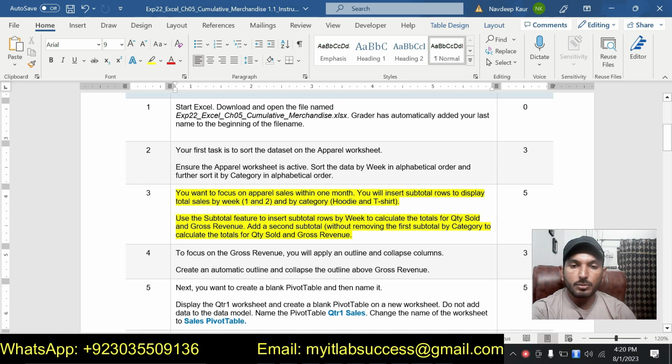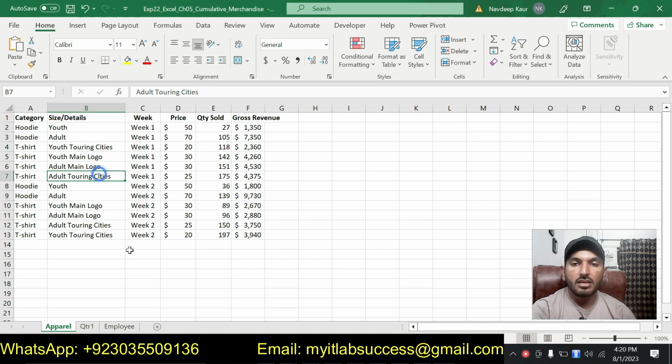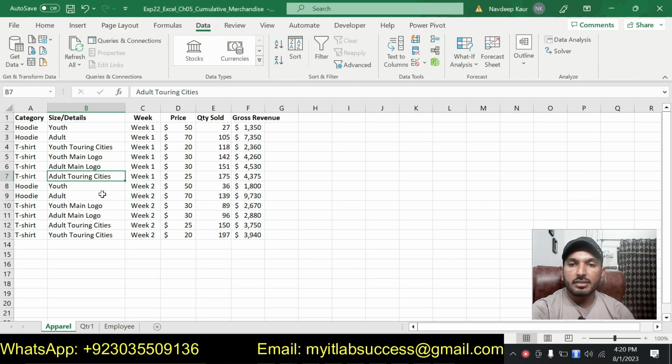So there are two subtotal rows. First one is by the week to calculate the total for the quantity sold and gross revenue, and second is by the category. So let me go to the sheet and now click on the data tab, and in data tab you can